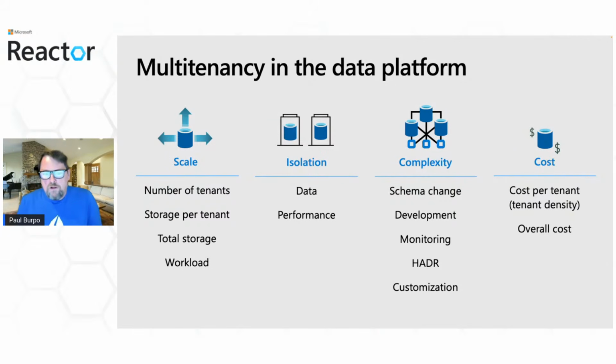So when we look at scale, one of the first things we want to understand is the number of tenants that we're likely to be dealing with. If your solution is going to be hosting thousands of tenants, your architecture is likely going to be a lot different than if you're only hosting 5 or 10 tenants. We also need to look at the amount of storage that each tenant is likely to consume. We also need to look at the total storage of the workload. And then we need to look at the actual workload that we're applying to the database itself, because if customers are using the database for 24 hours, around the clock at 100%, that's going to work in your favor for certain architectures, but not for others.